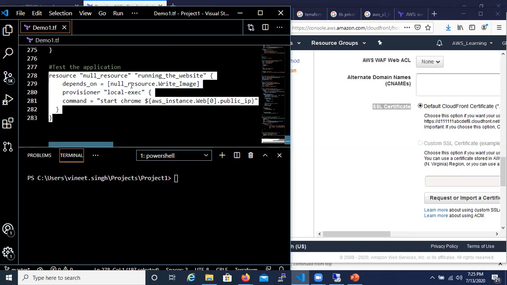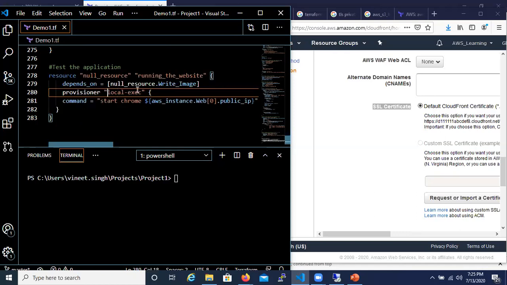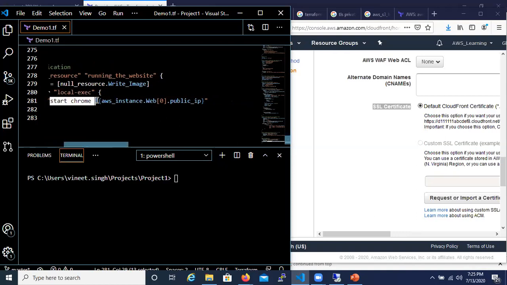So, which is again a specific command, local-exec and start Chrome. This will start Chrome browser on my system and will try to access the public IP of my instance.